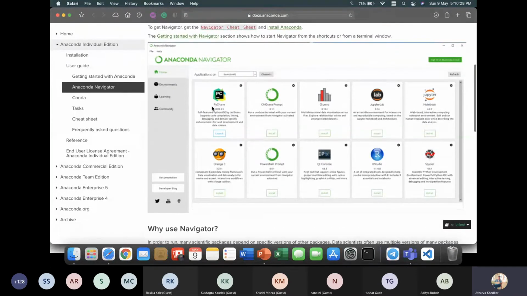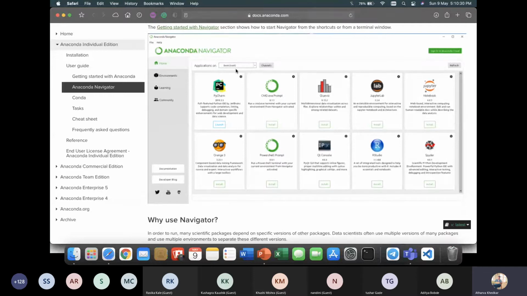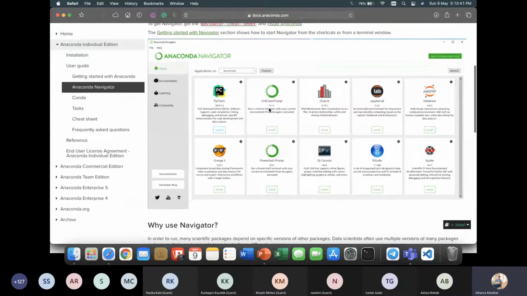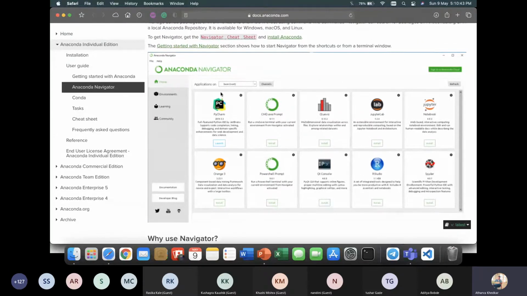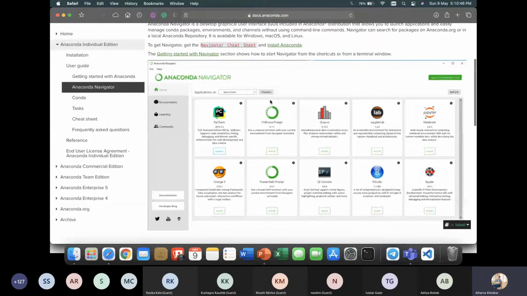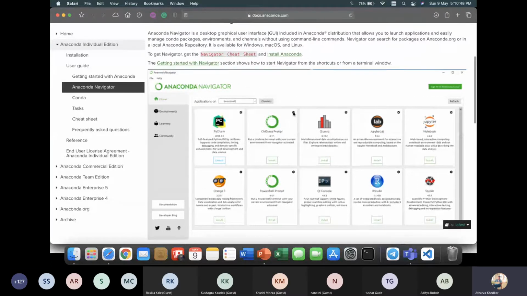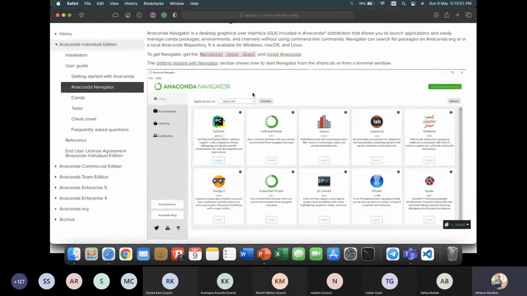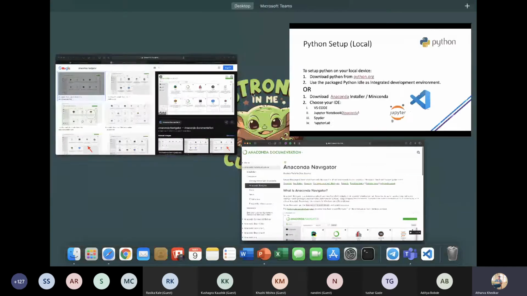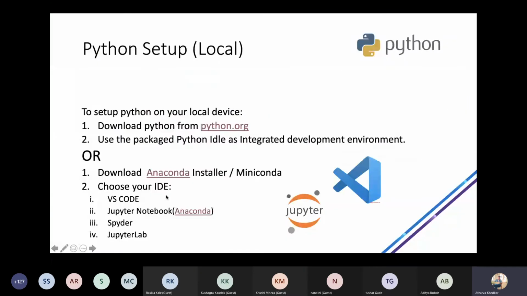So this is how Anaconda Navigator looks, and you have this thing called virtual environments. A virtual environment is just a kind of directory you have, and in that you install Python packages, and it works like that. So it's very convenient to use. Don't go much into virtual environments and all. It's not a problem, but I'm just telling you that it's a great platform and you can use it. So with Anaconda Navigator or Miniconda, whatever you use, you then have to select your IDE. IDE is where you will write the code. And you can write code in VS Code, which is my favorite, to be honest.